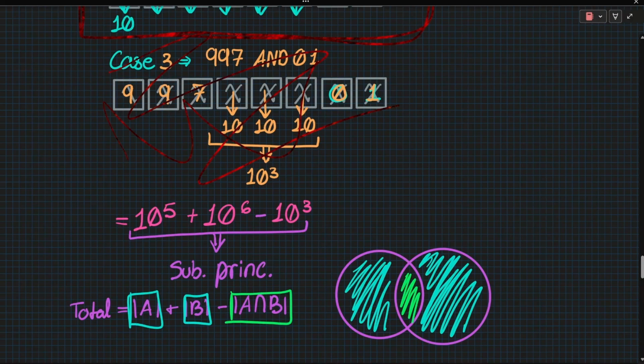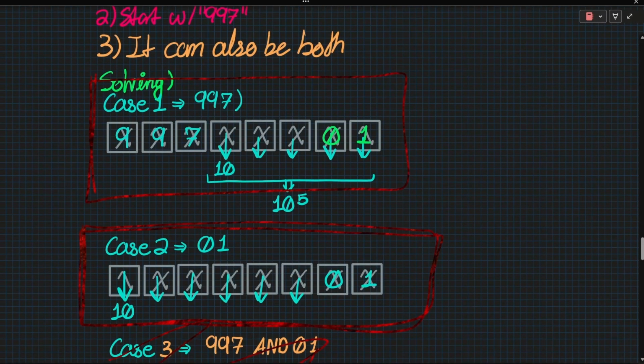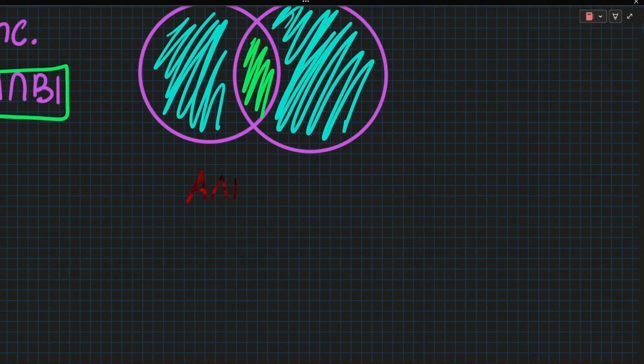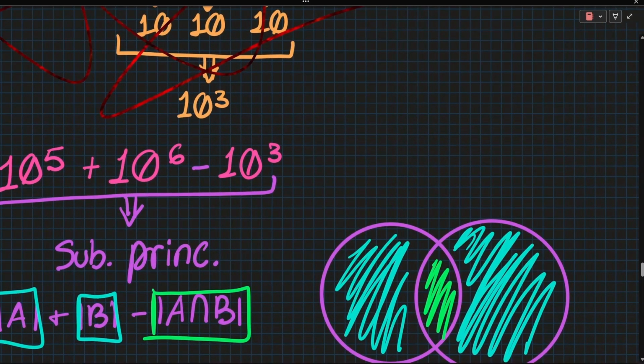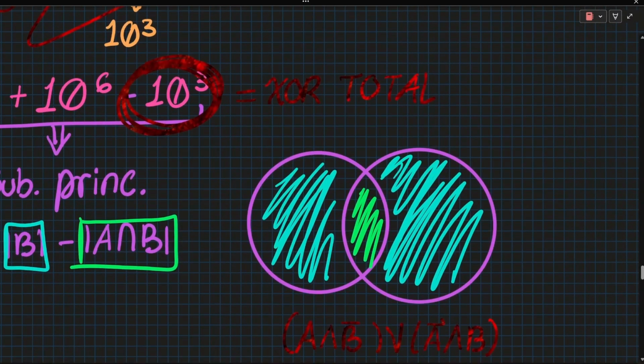And that is because for the exclusive OR, we don't want any password to satisfy both conditions. So we don't want to make any adjustments for the overlap, because those passwords are not included in the count at all. So for the exclusive OR, you would simply add both values from case 1 and case 2, and thus you would allow yourself to have all possible values that either start with 997 or end with 01. Now the basic idea behind that is that the exclusive OR is true when you have A and not B, or not A and B, right? So when we exclude this value from our exclusive OR calculation, our exclusive OR total, all that we are doing is